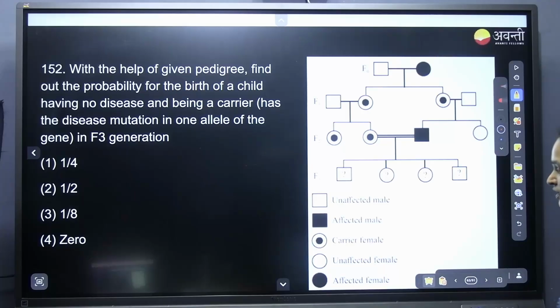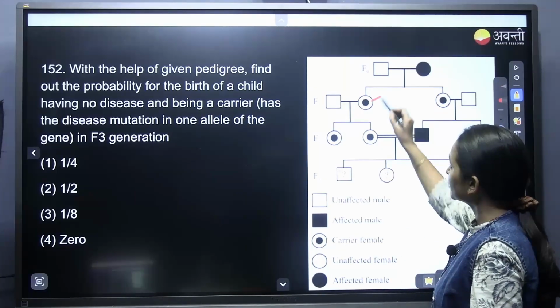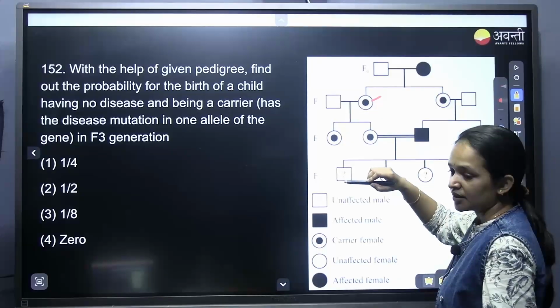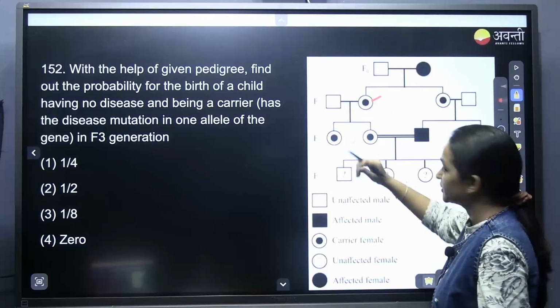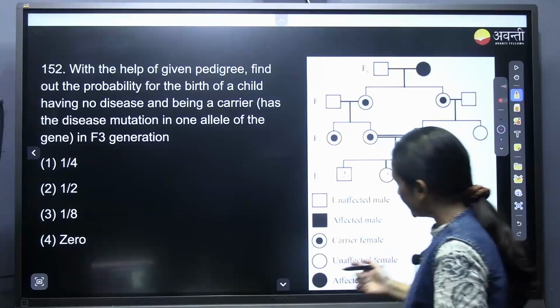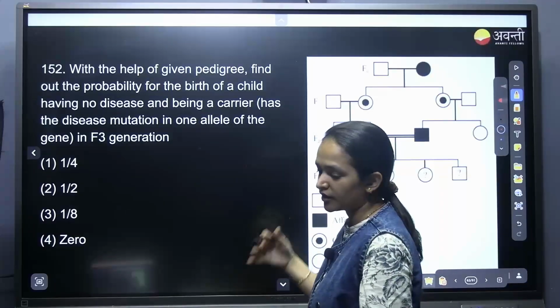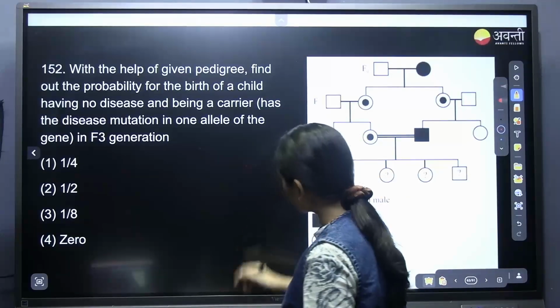I'll tell you the answer. The thing is, if it is dominant, there will be no carriers. These will be affected, right? If it is dominant, be it X-linked or be it autosomal,